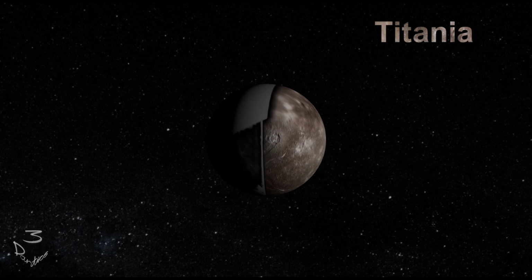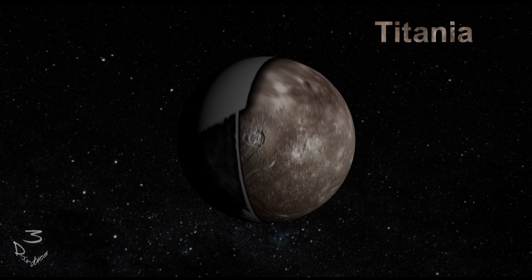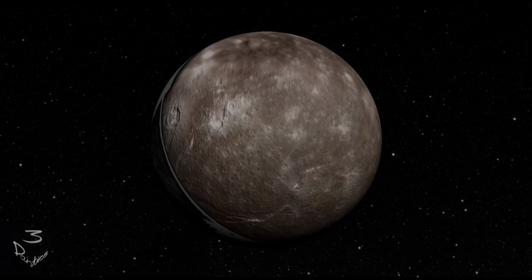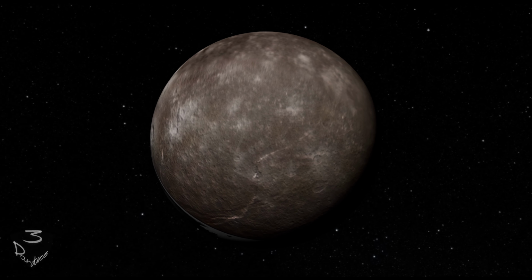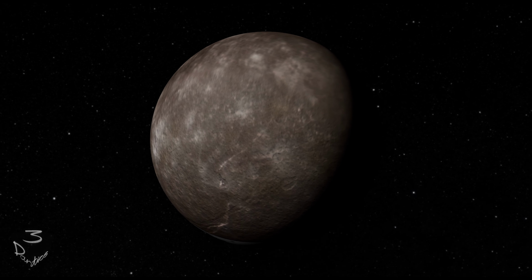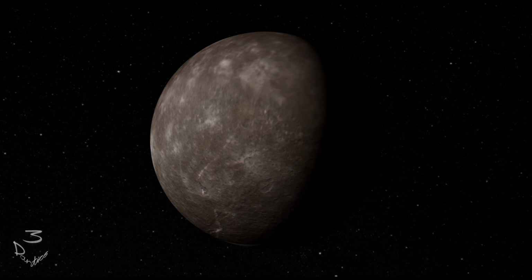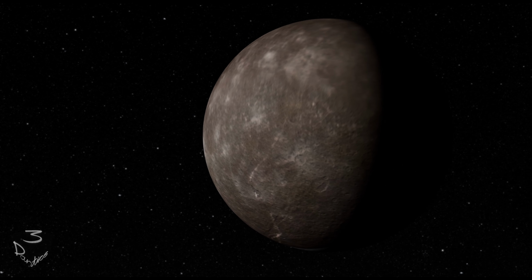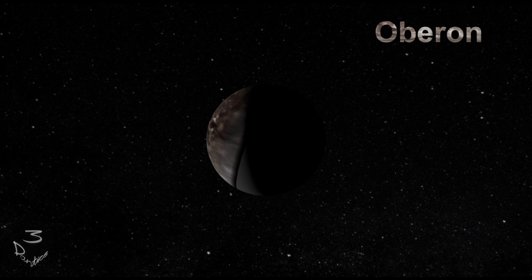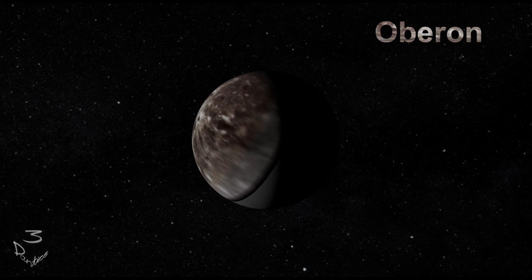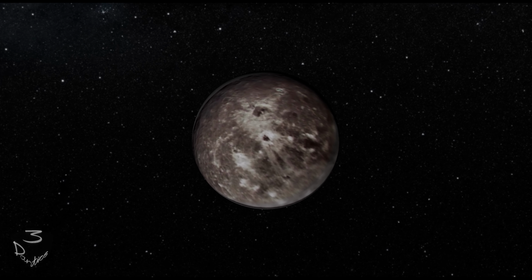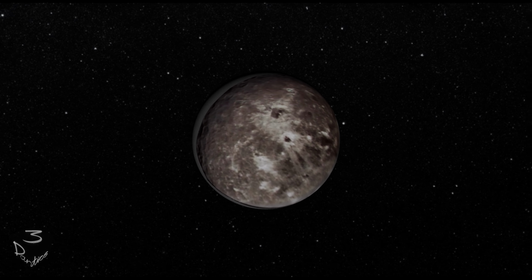Titania, not to be confused with Titan, is the largest of Uranus's moons. Pictures taken show 40% of its surface, and its features have been named after characters and places from William Shakespeare's plays. There are some incredibly long valleys here, up to 1,600 kilometers long, which is the same as the moon's diameter. Oberon is almost as big as Titania, and also has 40% of it mapped. It has a slightly reddish colour, and its surface has been shaped by numerous comets and asteroids hitting it.